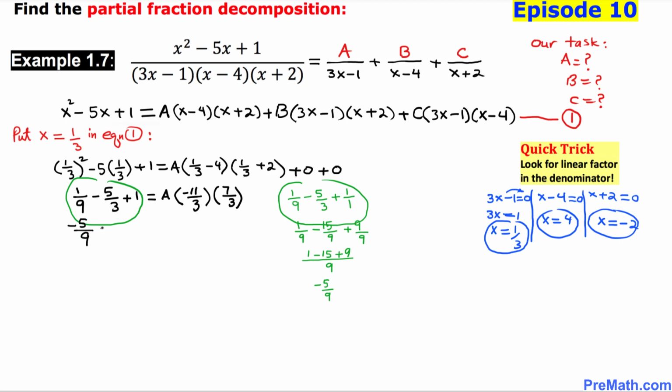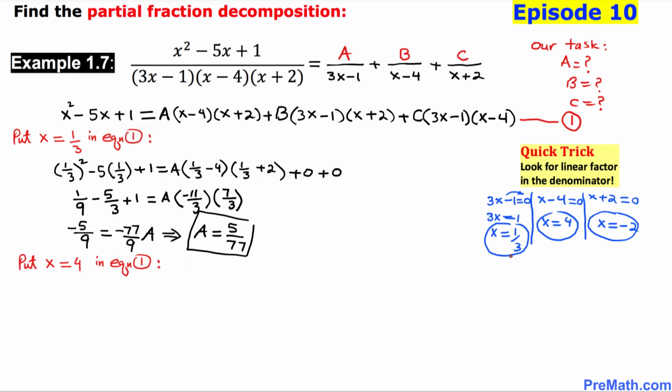-5/9 equals to, on this side is going to simply become -77/9a. And when we simplify this thing, that is going to give us a equal to 5/77. So what we did on this side is we just simply multiplied by the reciprocal of this one, so we got